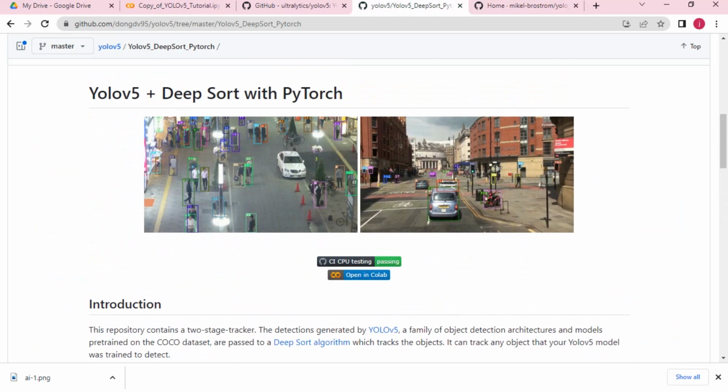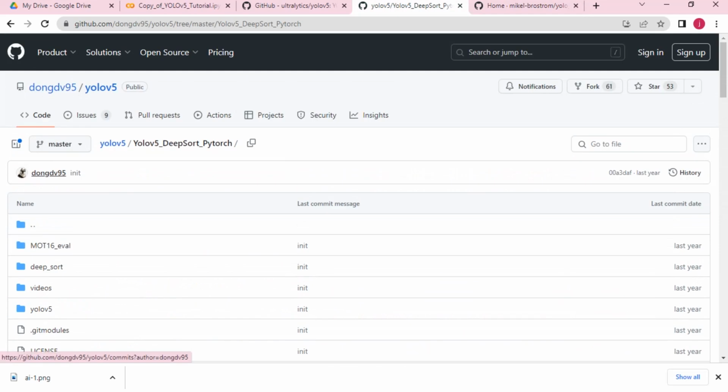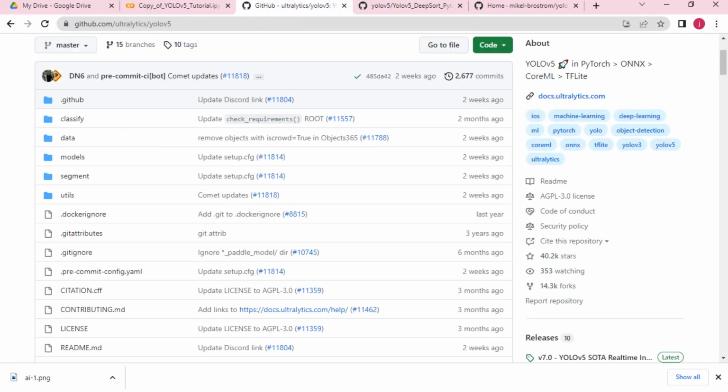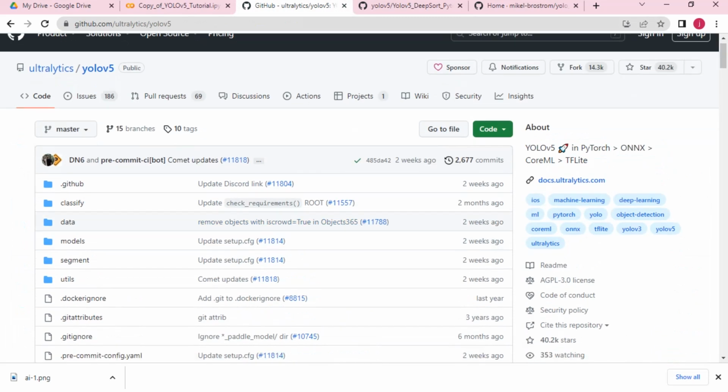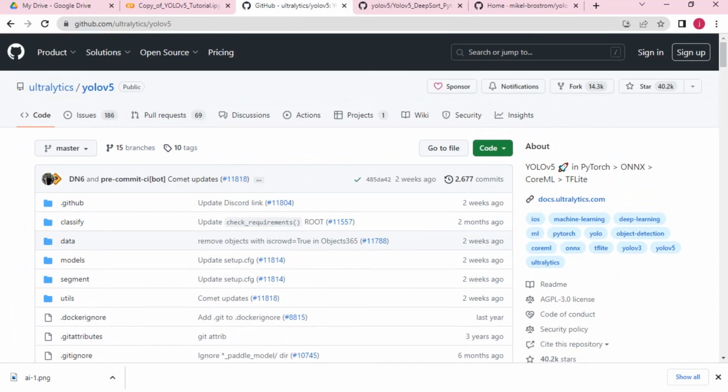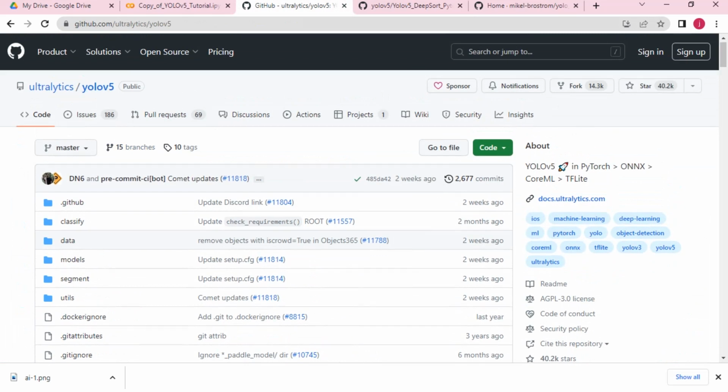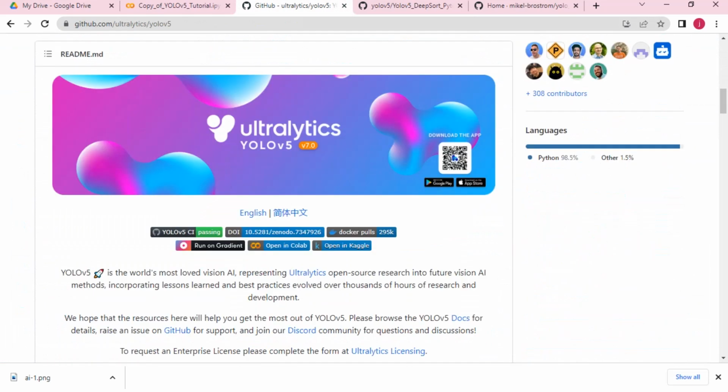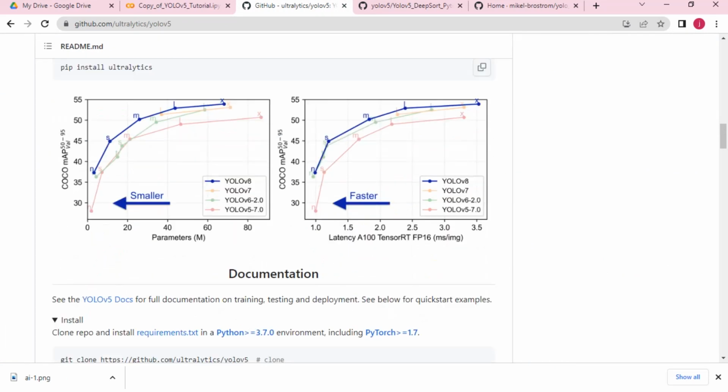First, you can git clone the repository to your PC, and you can start. The first step is that you have to create a YOLO V5 model. For that you have to use this YOLO V5 repository for the training of a custom object